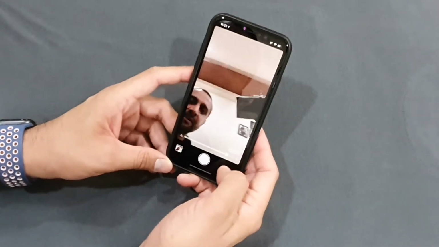So the last app which I'm going to talk about is Pokka. So you might be knowing that on recent Android phones you can record portrait videos. Portrait photography is a thing of the past, but now you can record portrait videos. But on iPhones it was nearly impossible to do that. But with this app you can actually record portrait videos on your iPhone. Remember, this is actually only software based, not hardware based, so it won't be 100% accurate, but yes, 90-95% it goes well. See, this is the app.